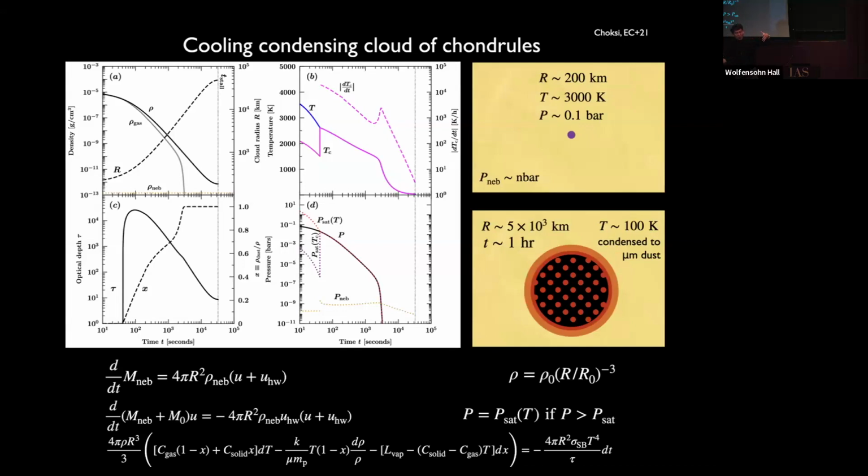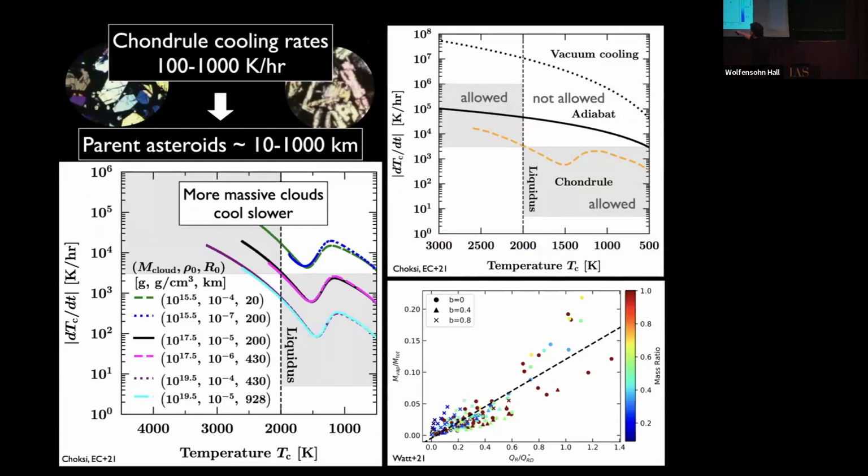And the reason why we're doing this is because we want to match the observations. We want to see if we can reproduce the cooling rates that are inferred for these chondrules. The cooling rates inferred from the particular mineral structures in the grain. Okay, you can see the mineral structure in polarized light. They constrain the cooling rate, so it's melted, great, but now you've got to cool it off, but it can't cool too fast. It can only cool at rates of about 100 to 1000 Kelvin per hour.